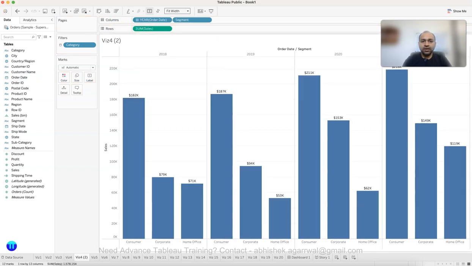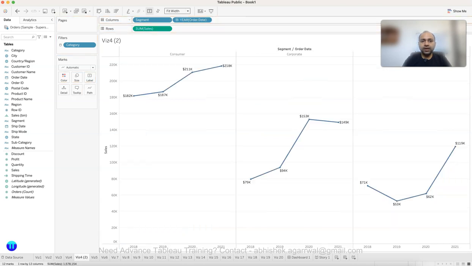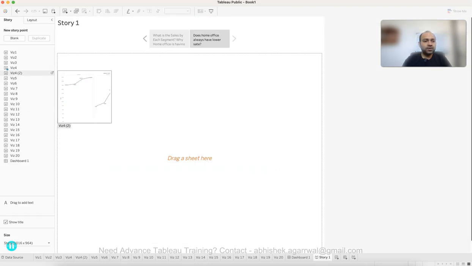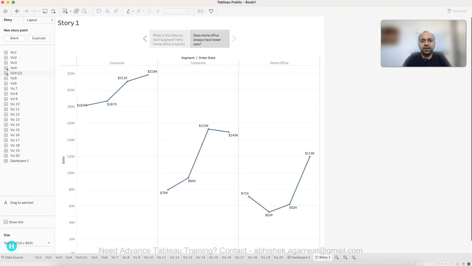What it does is it creates the year and the segment, but what I want is a trend like this, which is basically to indicate that home office is always lower. It is not that only this time it is lower, but the trend shows that it is always lower. So we will bring it here, and the answer for this